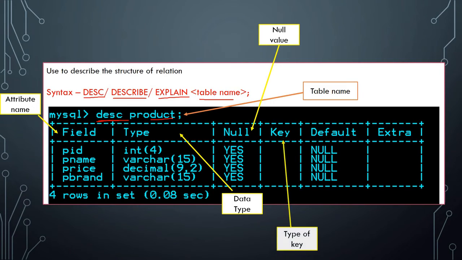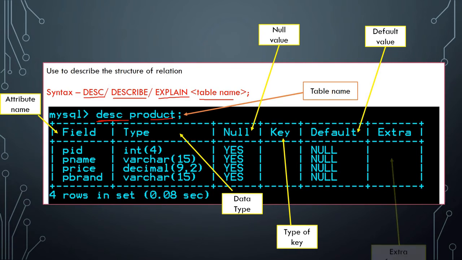Next one is Key. Which type of key we are using, whether it is a primary key or a foreign key. It displays the type of key, but we do not have any key or integrity constraint here, that's why this column is empty. Next one is for the default value, or the default constraint. Since we have not applied any integrity constraints here, our default value is null for all of them, because we haven't specified any value. Last one is for extra information. Whatever extra information, constraint or check you want to apply, you can write there.